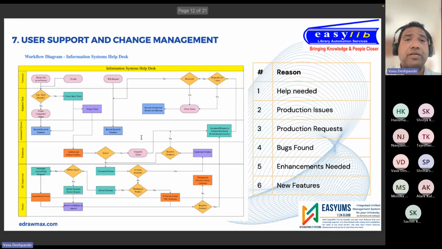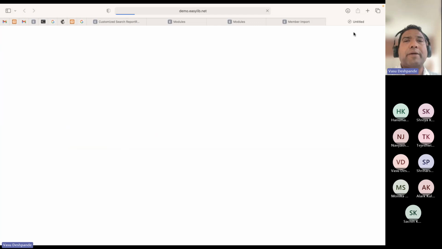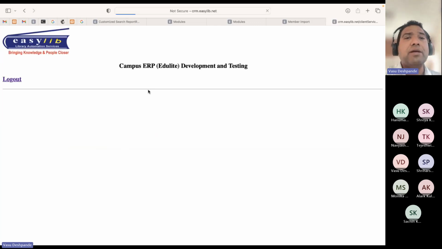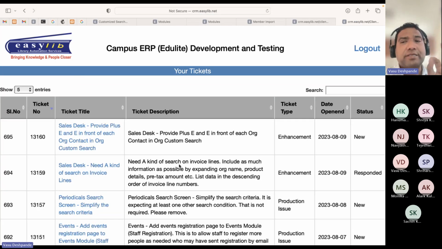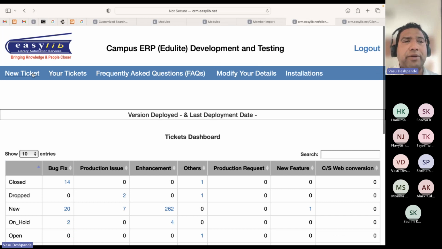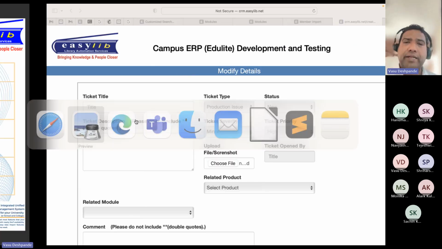All right. Next, user support. This is another thing where we have done a lot of groundwork to make sure that the things are very simple. The simplest thing is when you become a customer, if you have any difficulty or issues, you simply click on support. It connects to our CRM system and you are able to open a new ticket. You are able to see your past tickets, see what is happening, what stage it is in, and whenever you want to open a new ticket, you simply click on new ticket, open it and submit it, and the clock